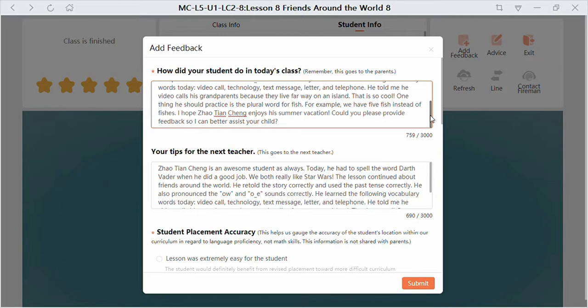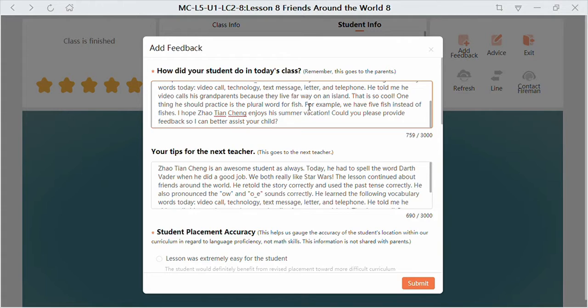So you try to find that balance. They say, that is so cool. One thing he should practice is the plural word for fish, and this is one thing he had to practice on. And then usually after stating something he needs to improve on, I usually will try to provide a "for example," or provide examples of what the student needs to improve on, so they can have a better understanding of what their child needs to improve on. Because if you just say one thing he should practice is the plural fish, and then you stop,